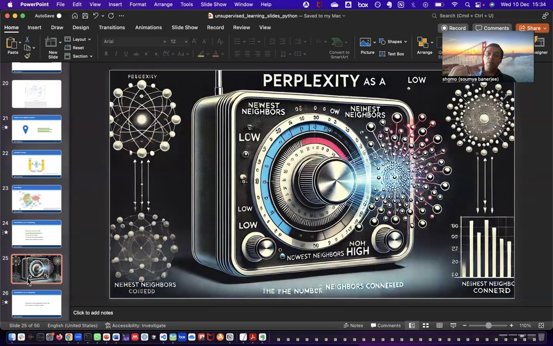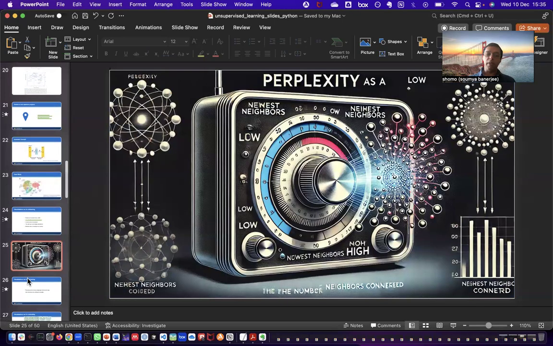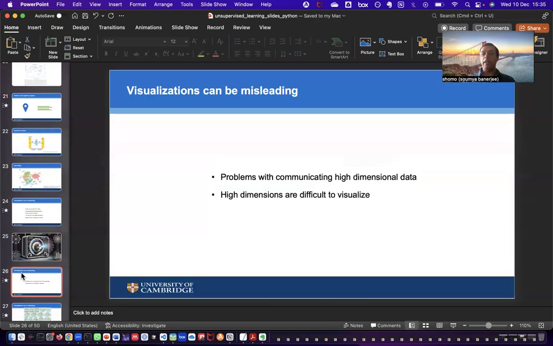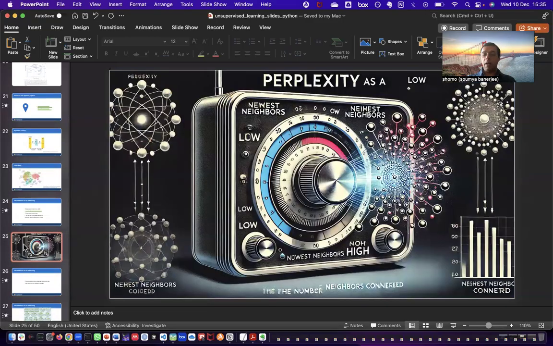So these insights need to be validated with experimentalists, with people who have the domain expertise, rather than being treated as ground truth. And again, there are many knobs and parameters in these algorithms.